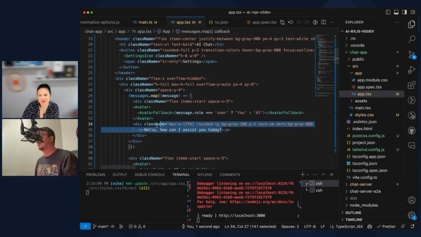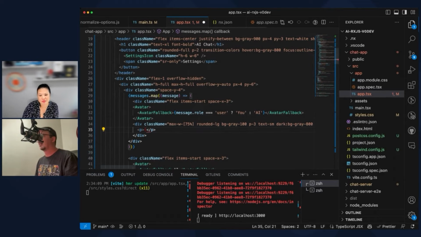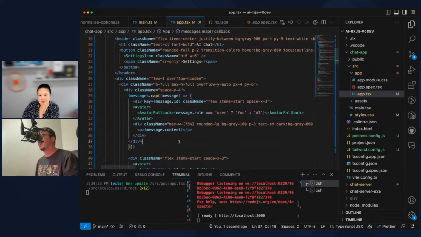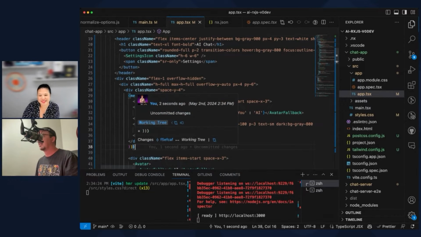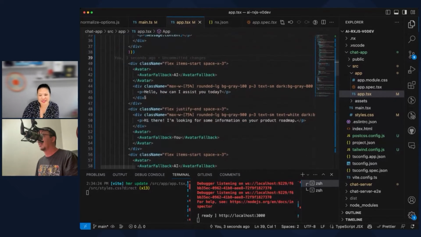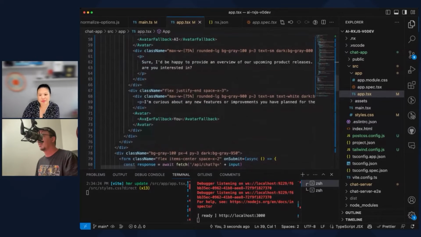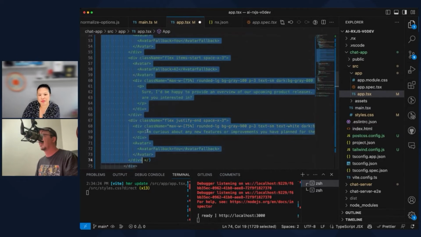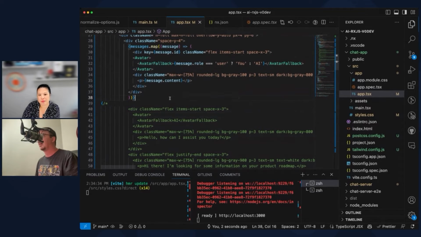And then right here is the content. This is going to be message content. And then right here, we need a key, which is message ID. This isn't formatting well, but that's okay. Let's kill all of this other stuff because we don't need it as much, or comment it out.